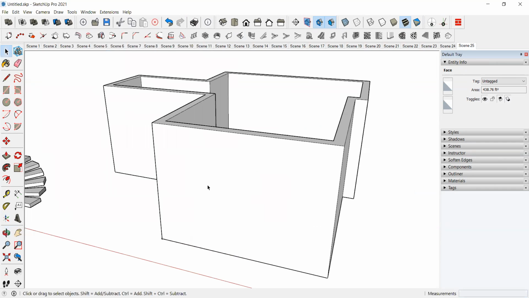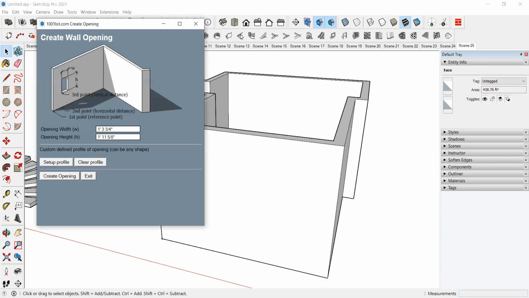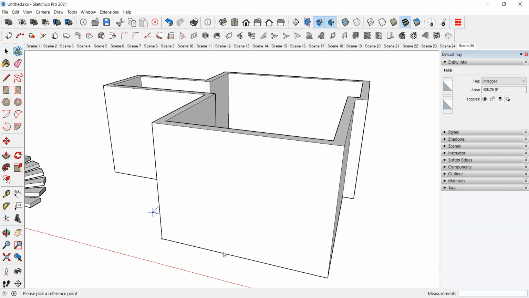Okay, we have here create openings, openings for windows or doors. So how much width you want opening? Width I want 3 feet, and height I want 7 feet. Okay, create opening. So from where you want opening, like this.